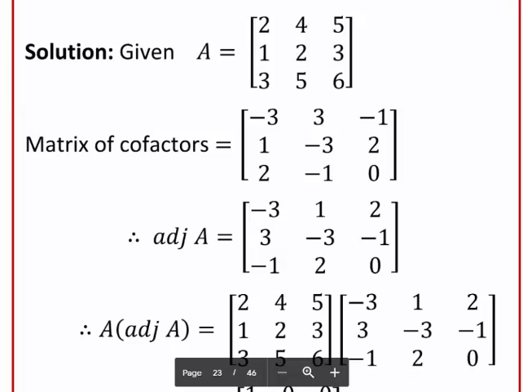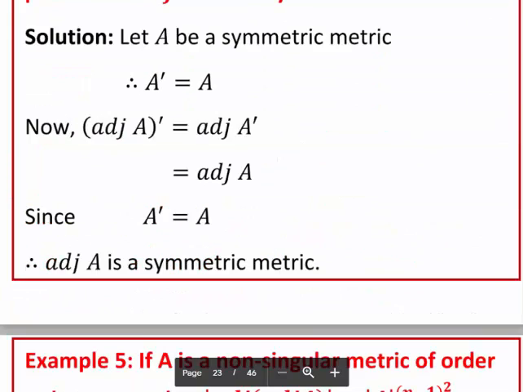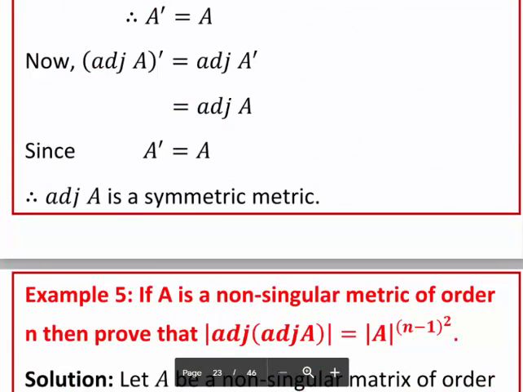And in the same fashion which we already did in the previous example, find the cofactor matrix. Then using the cofactor matrix, by taking its transpose we get the adjoint of A. Then take the product by using matrix multiplication. In this way we obtain the required result. Now